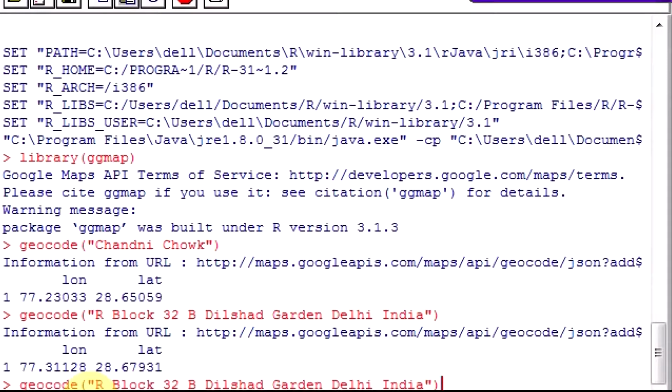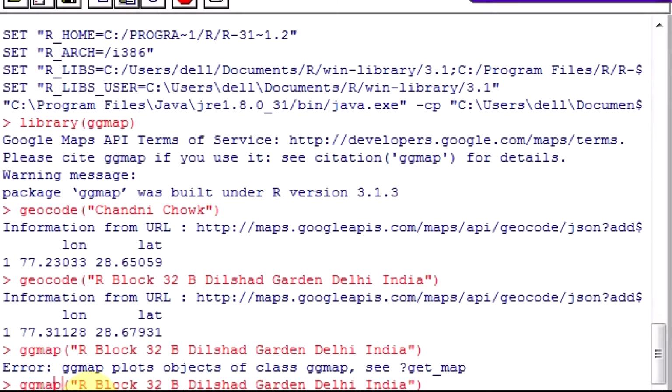OpenStreetMap, you can do that using Leaflet. There is another package called Leaflet. But let's do this. Let's do a QMap of this. So first of all, I need to do a get map.